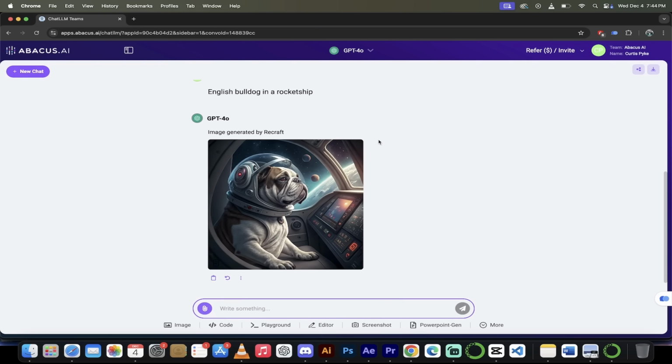I love it. So that is what you get inside ChatLLM Teams. It's all built in: AI video generation, AI image generation, plus access to all the latest state-of-the-art large language models, all in